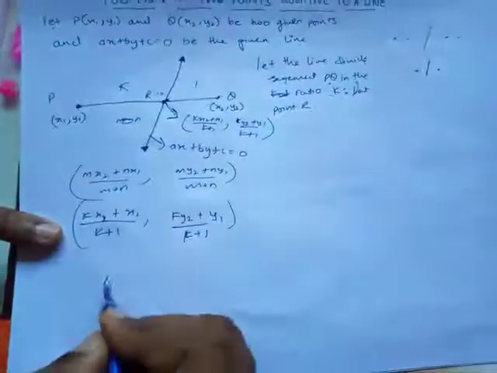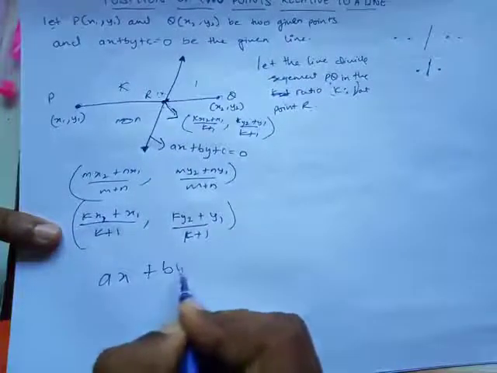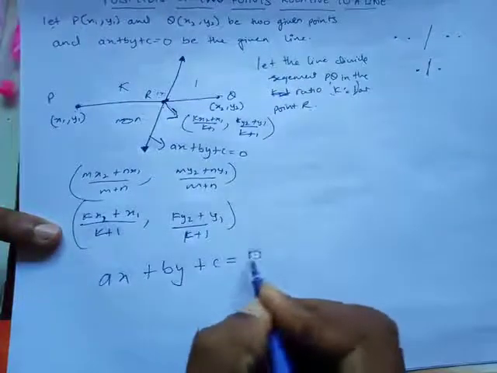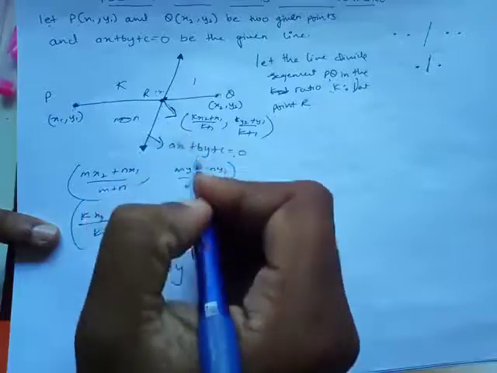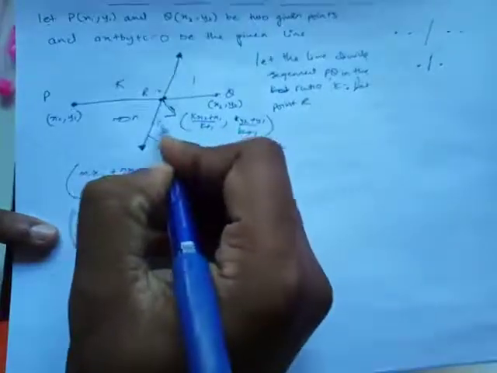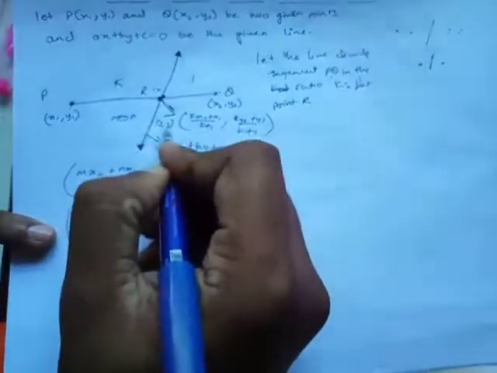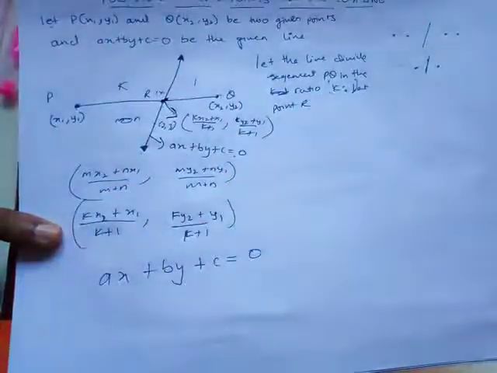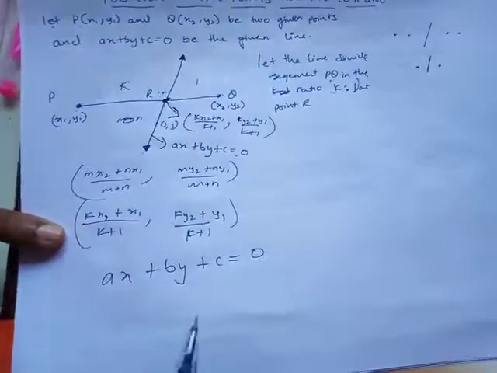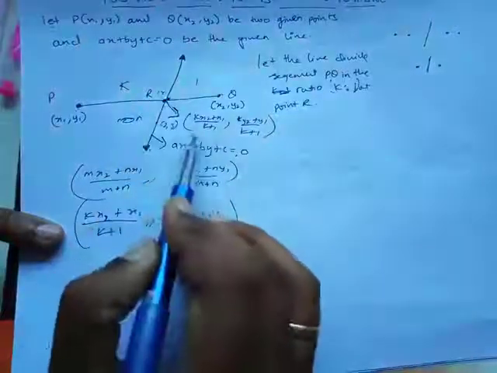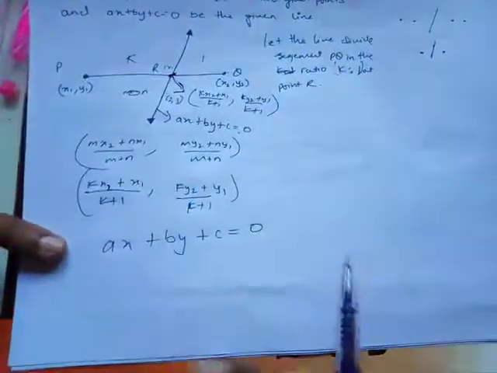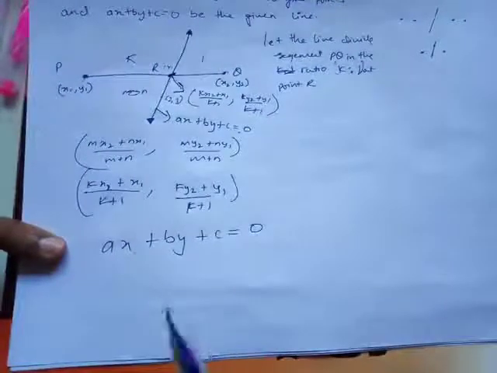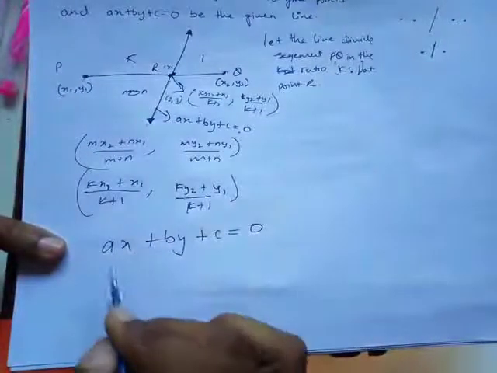What is the equation of this line? ax plus by plus c equals 0. The equation of this line is this. If the point here were 2,3, meaning x is 2 and y is 3, then I could easily put the values in. Okay, but right now they have given x is this and y is this, so I'm going to put the values. I'm telling you how to find the value of k. So please have a look over here.